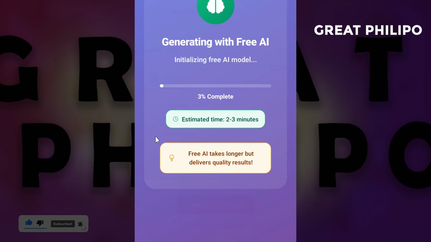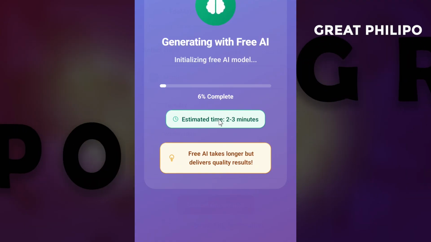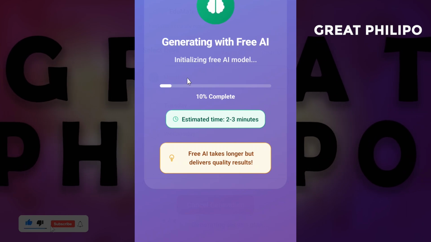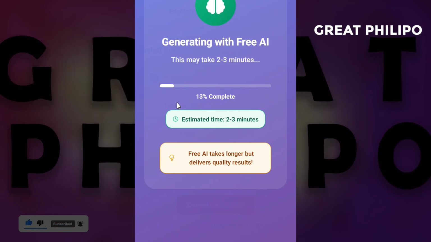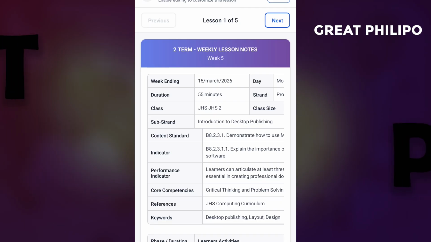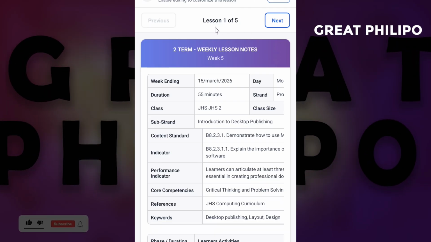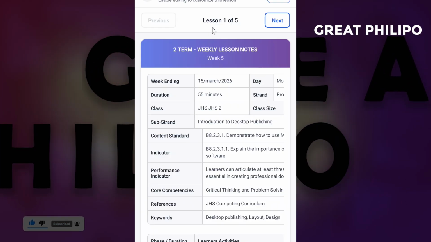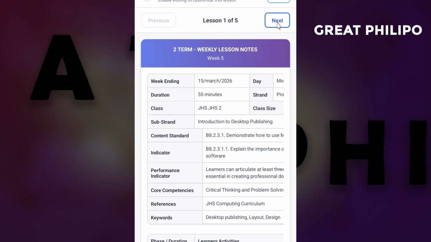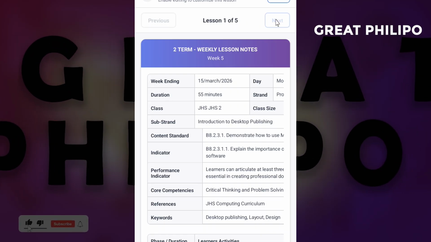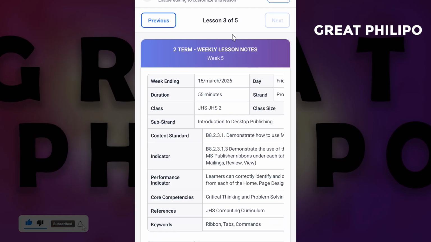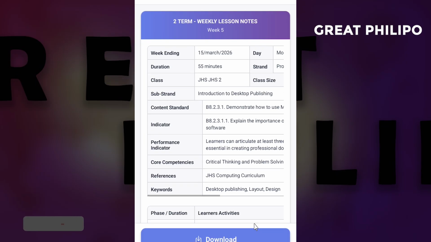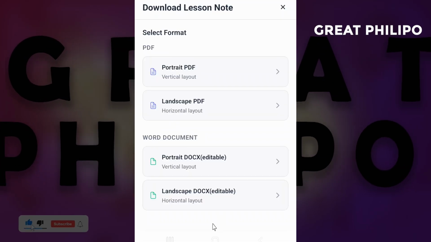So our lesson plan is generating, and the estimated time is 2 to 3 minutes. So let's cross our fingers and watch how it's going to generate it. Okay, so our lesson plan has been generated. If you watch here, it has generated 5 lesson plans based on the number of indicators we selected. We selected 5 indicators, so 5 lesson plans are ready. If you want to check number 2, number 3 and others, you just use the next or the previous. Once you are done going through, you can click on this download button to save it on your